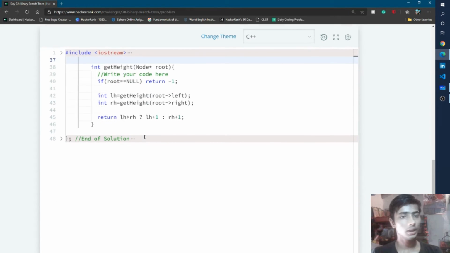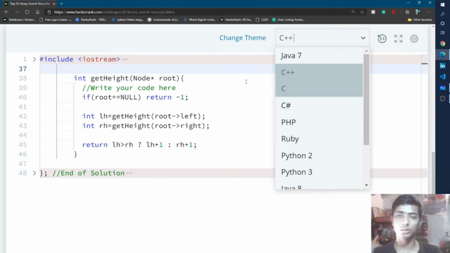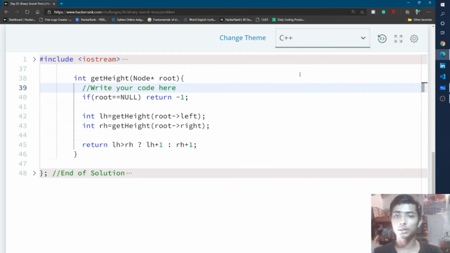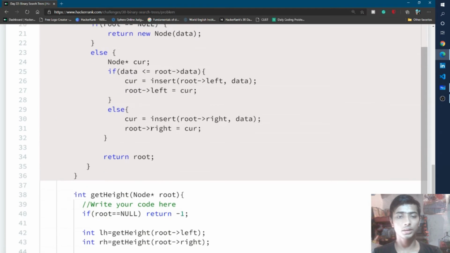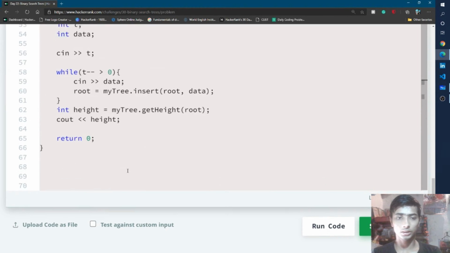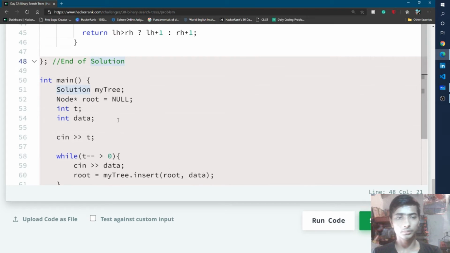So I go to my HackerRank editor and I solve this problem using C and C++ language. At first we select C++, and then I will also show the code in C language. I click on this three dot to expand this section, and again click on this three dot to expand this section, and I go through this main function.